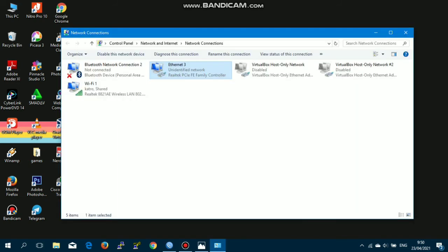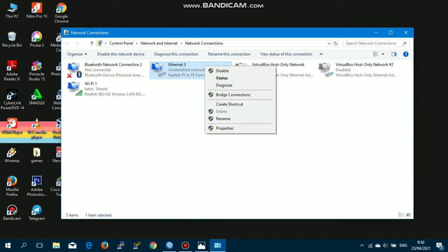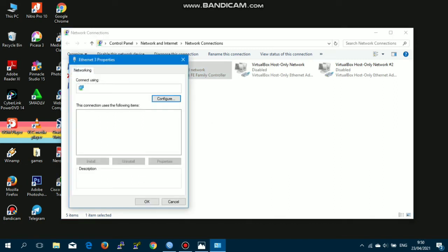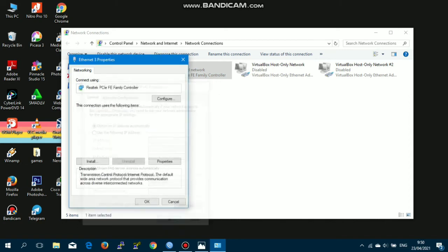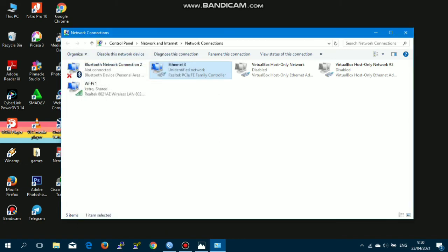Before we do the test, make sure the Ethernet client setting is to obtain an IP address automatically. Click OK. Then do the test with the disable and enable Ethernet. Click disable and enable again.